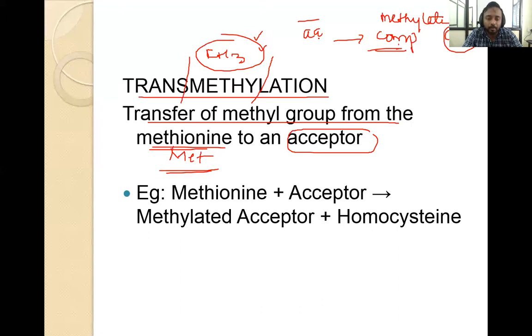Asymmetric carbon, by definition, means all four attachments to the carbon are different. They all are different, asymmetric. But here it is symmetric. So except glycine, all others will show optical activity. Glycine will not show optical activity. Okay. The only exception for optical activity among the amino acids is glycine.